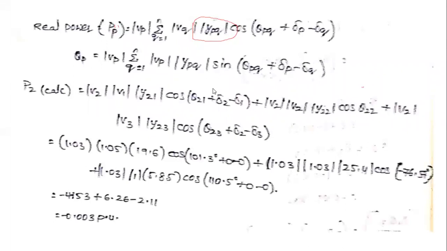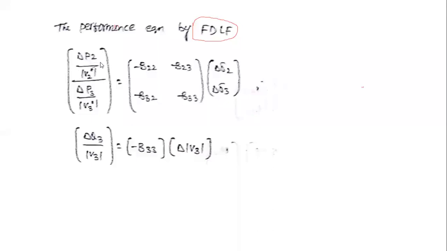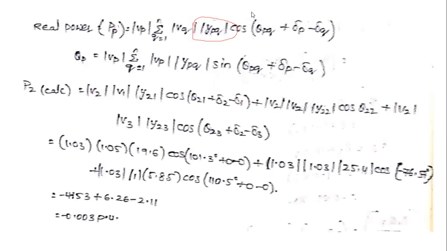First we are calculating the P values. This is delta P2 and delta P3, delta Q2 and delta Q3, and delta 2. We are already calculating these values. Then we calculate delta P values, delta Q values, and delta values. These values we already calculated in the decoupled method and Newton-Raphson method also. What is the formula? That is